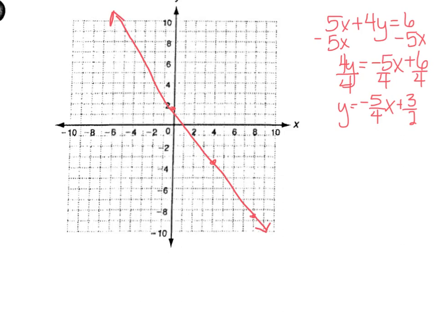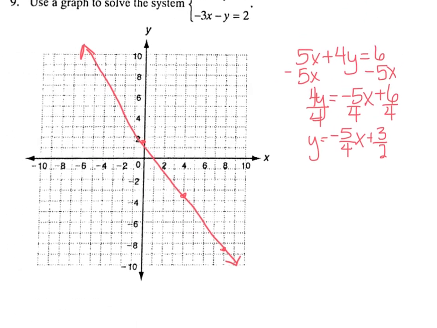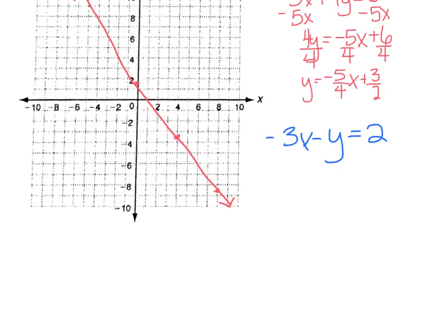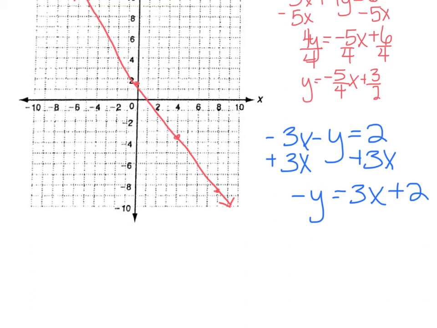And now we move to the second equation. Negative 3x minus y equals 2. So we're going to add the 3x. So negative y equals 3x plus 2. Negative y means the y is not by itself yet. So we're going to divide everything by negative 1 to get rid of that negative. So y is now equal to negative 3x